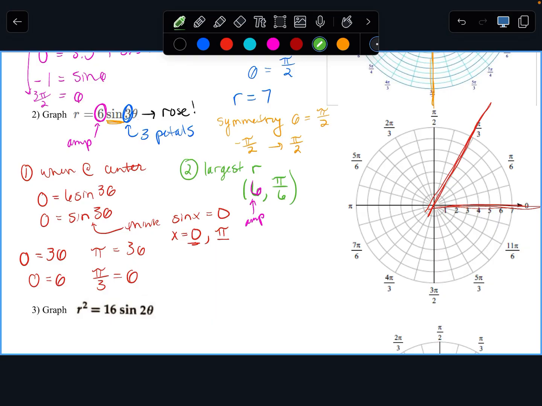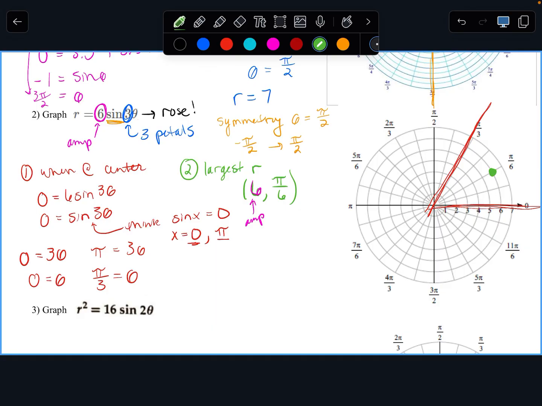Another way you could figure that out, say you can't do fractions today, you could just figure out when does the sine equal 1. Right? So you could just figure out when does the sine of 3 theta equal 1. And you're going to say pi over 6. So it kind of depends. So then from 0 to pi over 6, you're going to go out to 6. So that's going to be their furthest